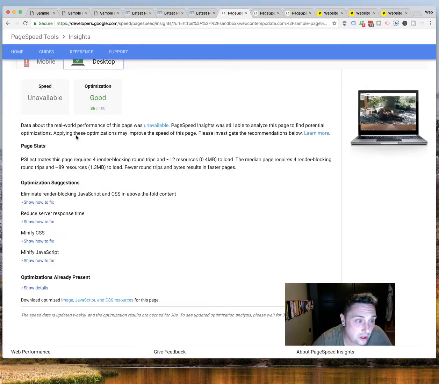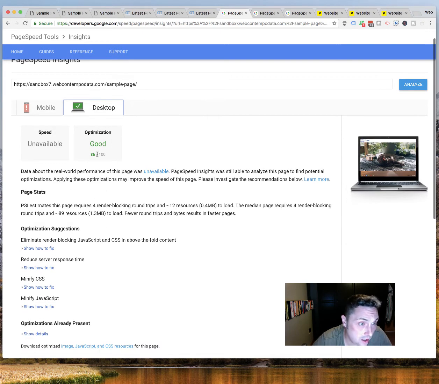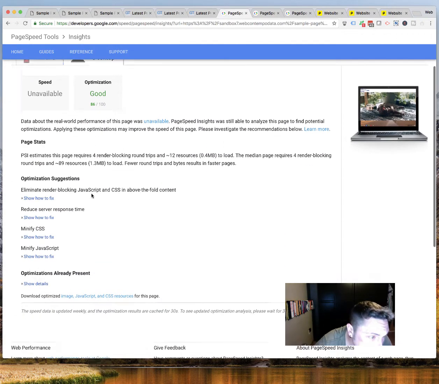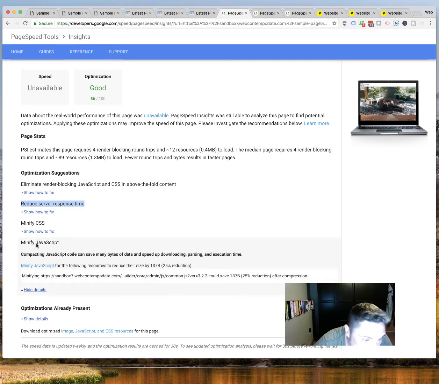Now let's jump over to PageSpeed. Here we've got PageSpeed for Divi. This is for Divi, and we've got an 86 out of 100. Let's take a look down here. Eliminate render blocking JavaScript and CSS. Server response time, that doesn't have anything to do with the test. Minify CSS, minify JavaScript. So if we look here,